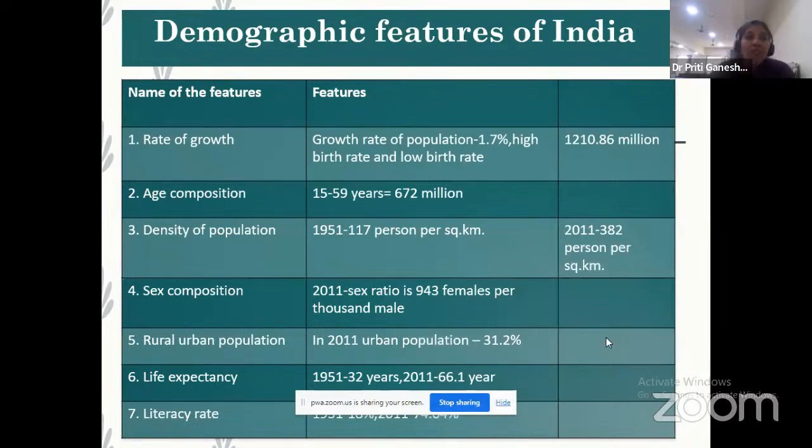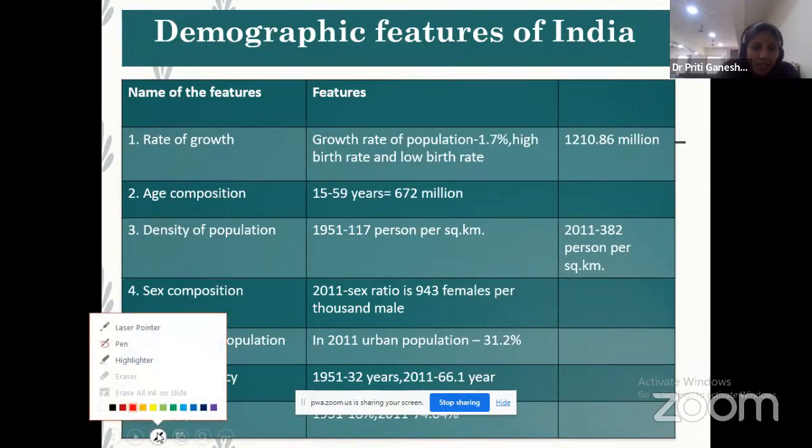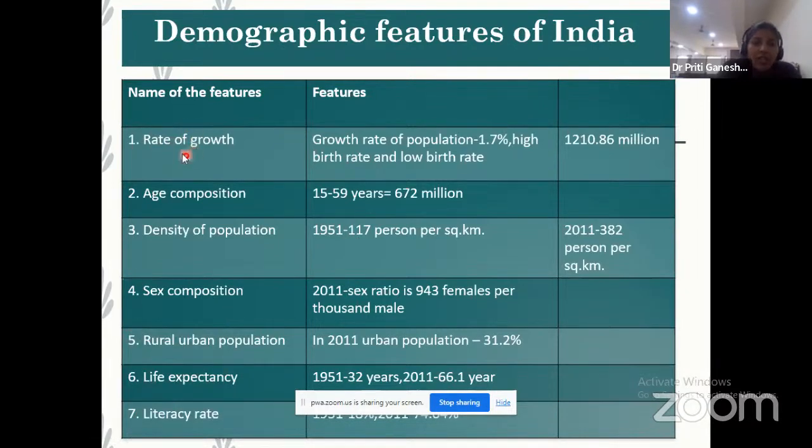When you are going to write any point, when you are just explaining one point, again you have to write the data. Wherever it is mentioned, you have to add or write its data. You have to compare it. For example, here I have given some data, but you can add to it. For example, take 1951 India's population as a bullet year. You have to compare the population of India since the beginning. We have to tell the demographic features.